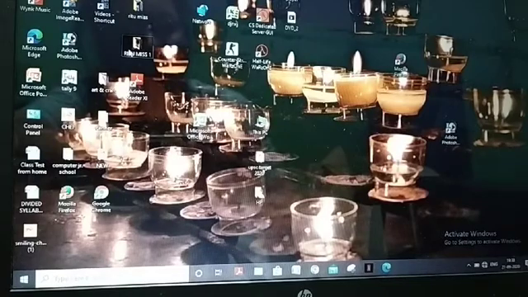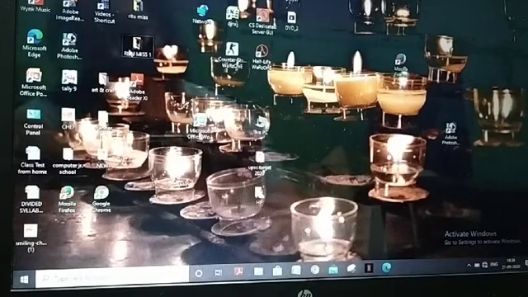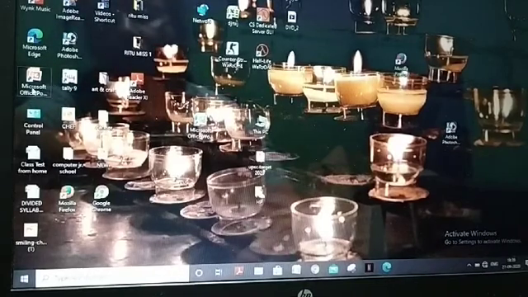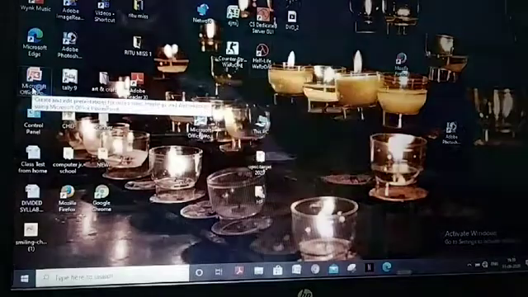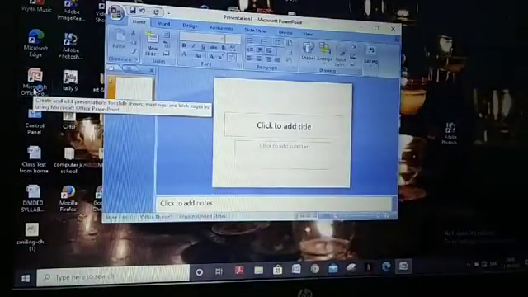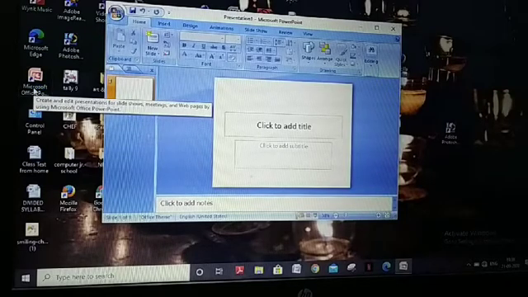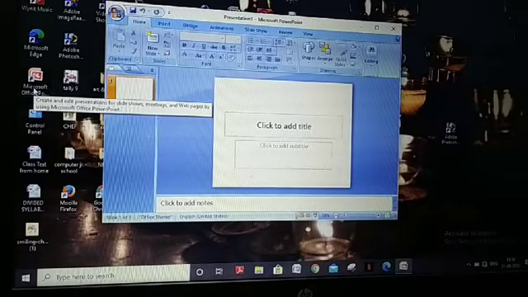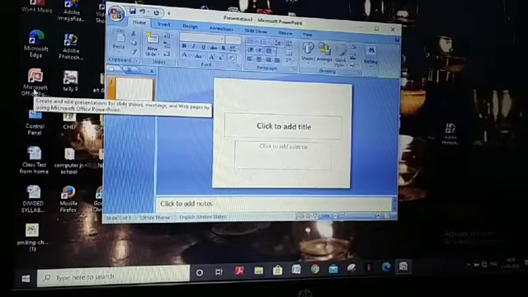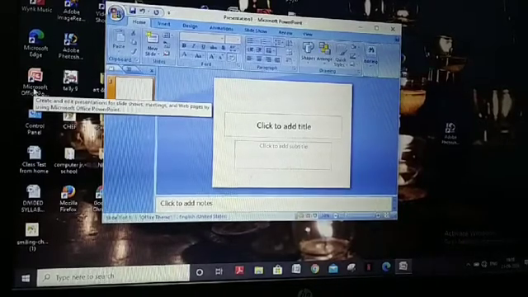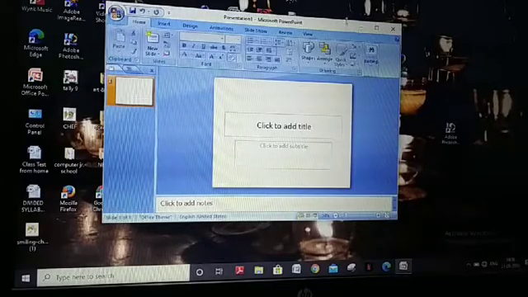These are called icons, and each icon represents a program. Whichever icon, suppose this one, if you double click, it will open its program. So each icon is used to open a program. Each icon represents a program, a file, or a folder. Understood?